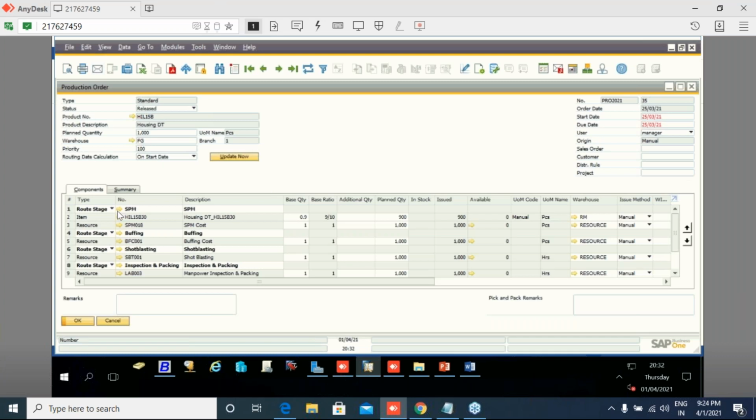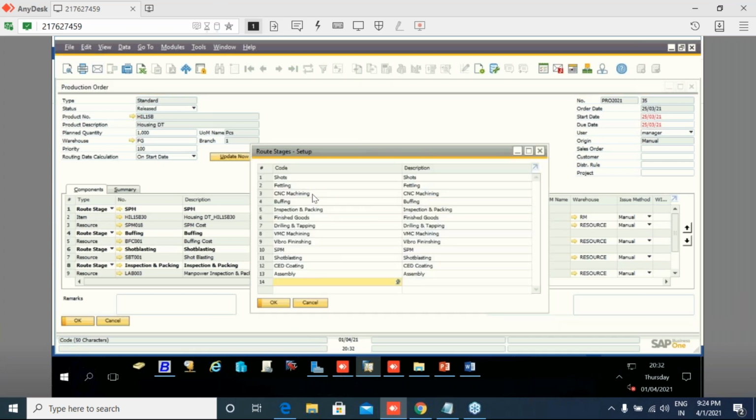you can see over here, we have created the following route stages. Basically, in route stage, you can see we have many stages defined over here.